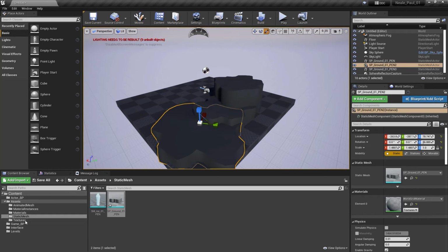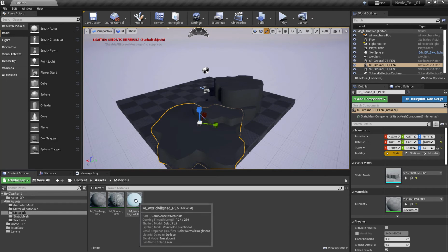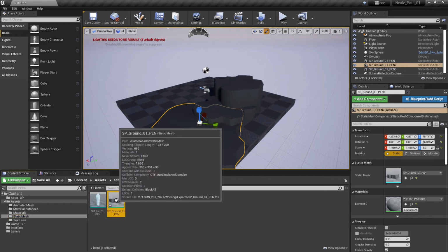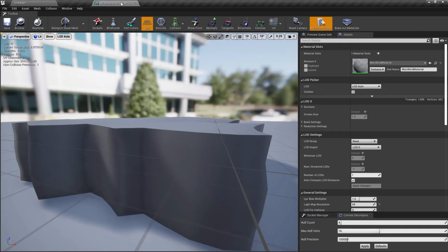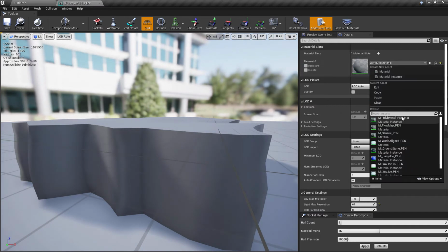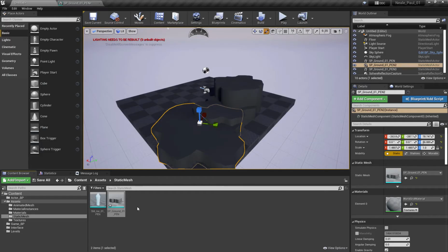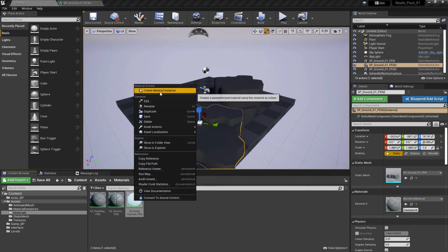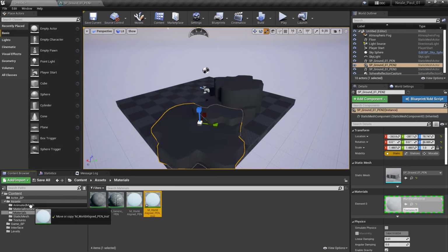Yeah, like you showed it already, I guess. Yeah, I've got it already. So there's a world align material that I can add on this asset and then change the textures. I think I already, and again, it's in tutorials. So I'm going to go and make an instance of that. World align, I'm going to say create material instance,